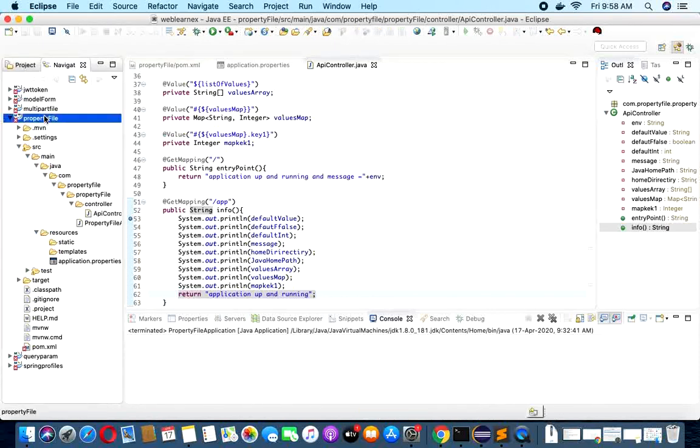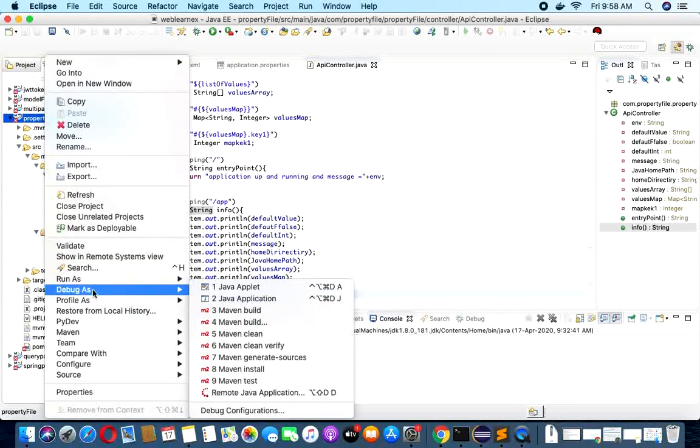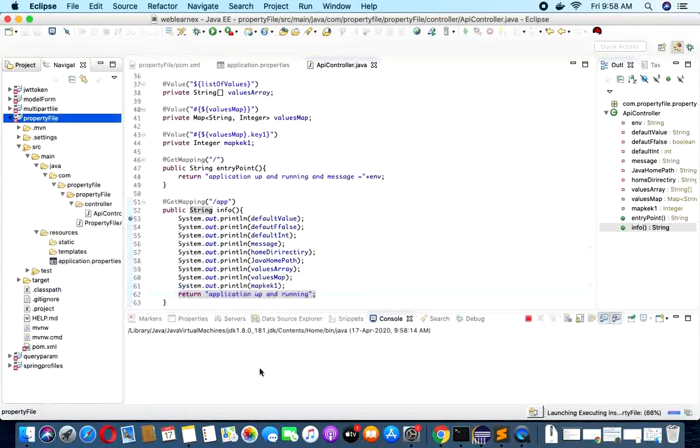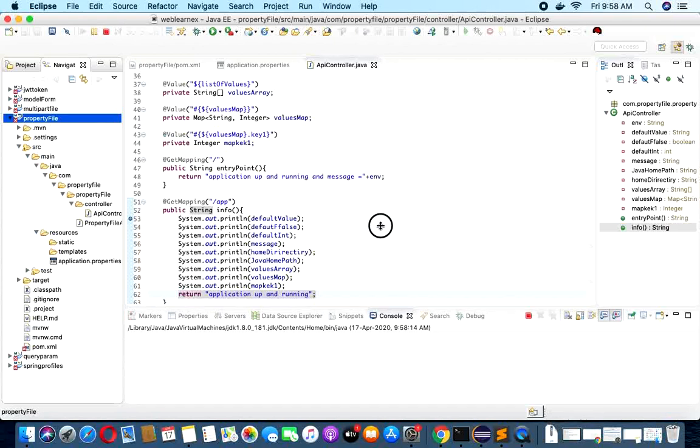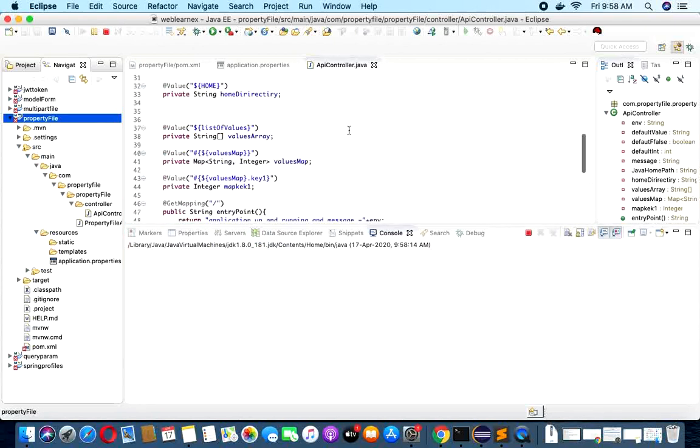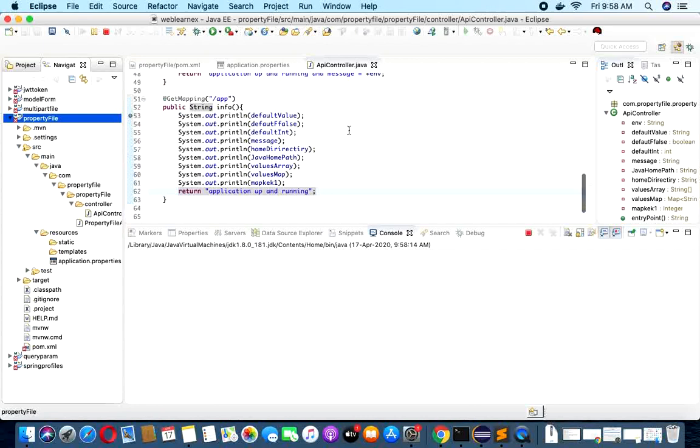Let me compile this project. So the application building process is going on. It will take some time.